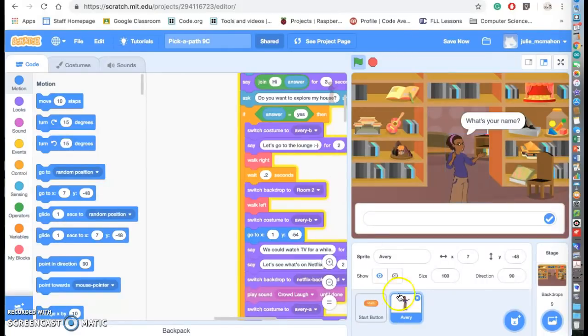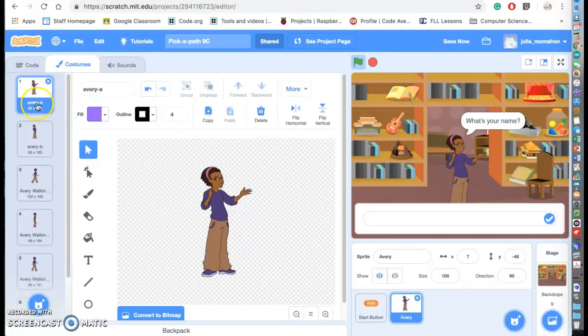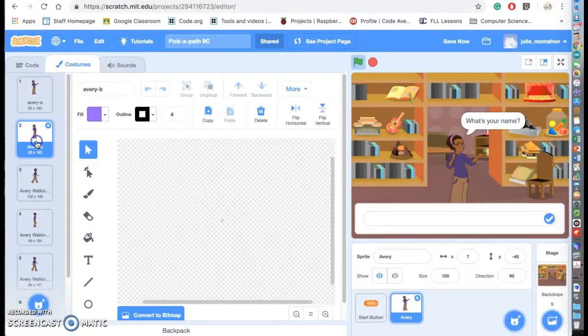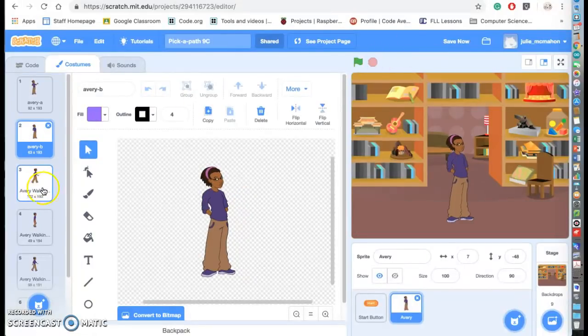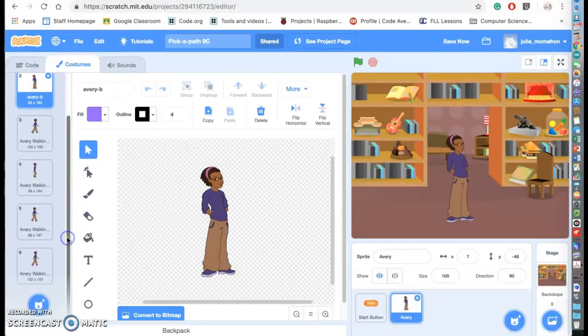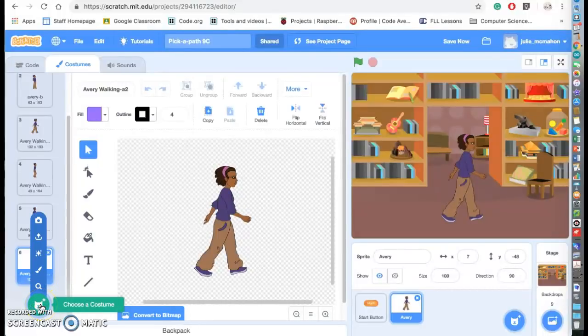And if we go into Avery's costumes, when you pick Avery, she just has Avery A and Avery B, so she can be talking or standing. But we also want her to have some costumes where she's able to walk. So if you add costumes here, we can grab those